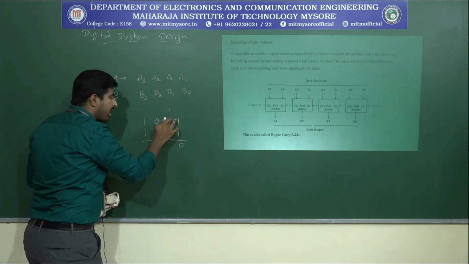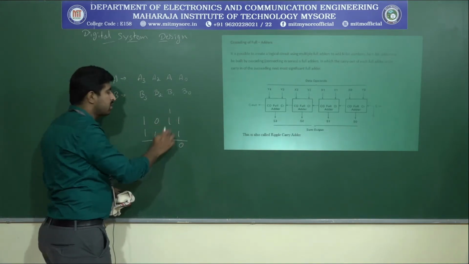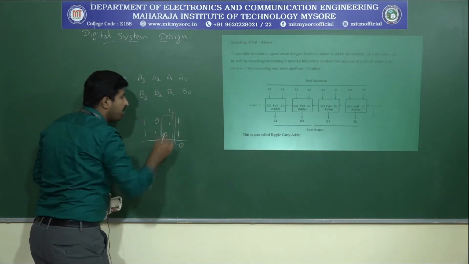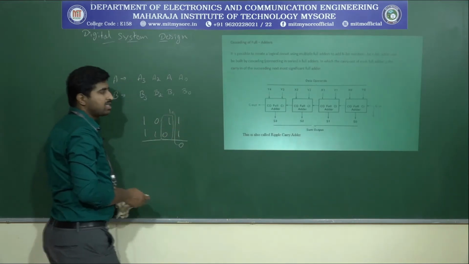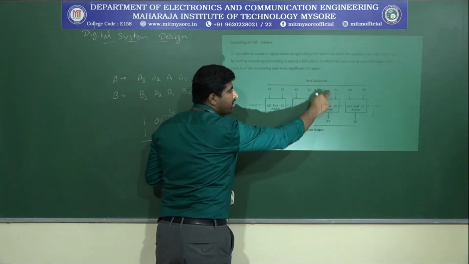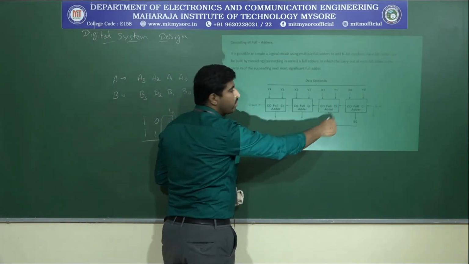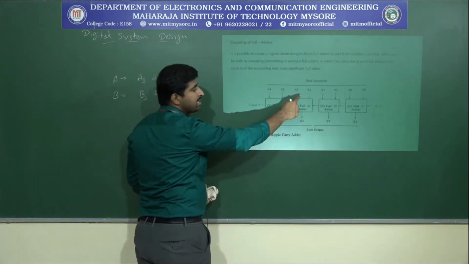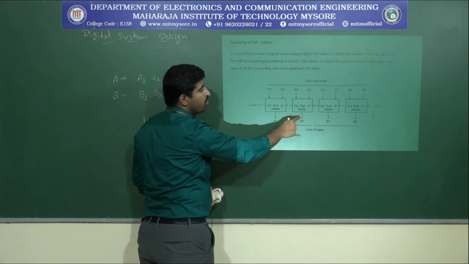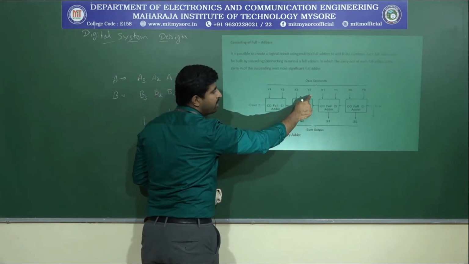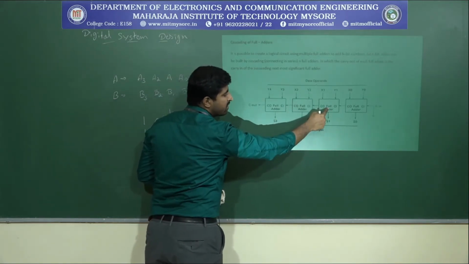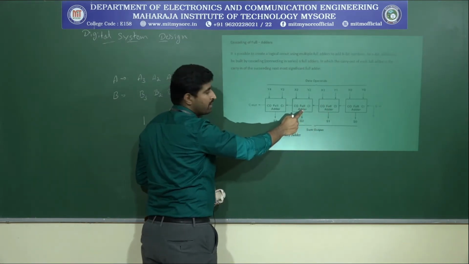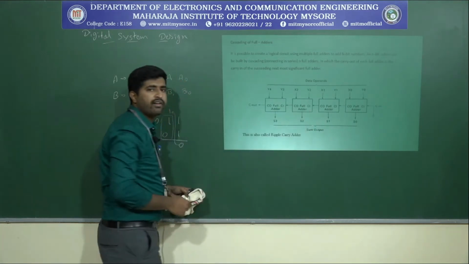But at that time to add the 1 0 is not possible, because in this full adder we need to wait for the carry generation from the previous adder, right. So that's why, immediately when you give the input it won't be able to add, it is going to wait for the carry generation from the previous. Similarly the same thing will happen for the 3rd bit addition of the full adder. So to add the X2 with Y2, again the carry of the previous is needed. Okay, until this calculation is over, it is not able to calculate. Okay, so this is called the propagation delay of a carry.